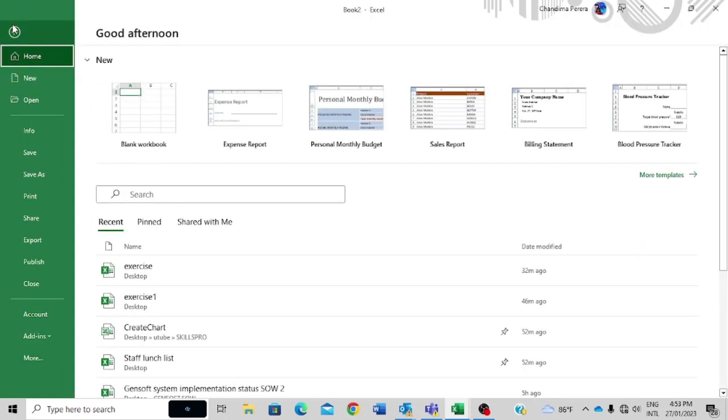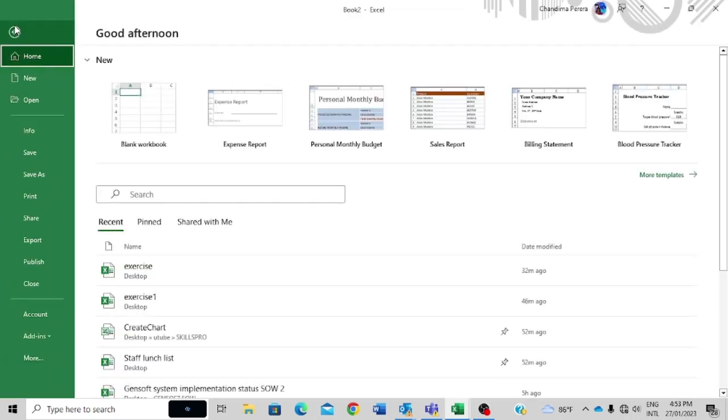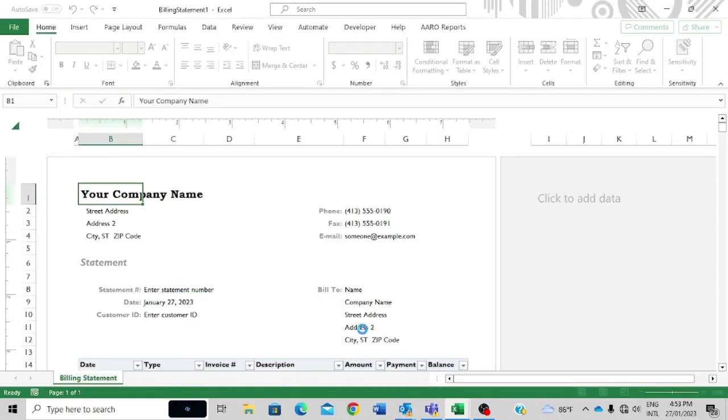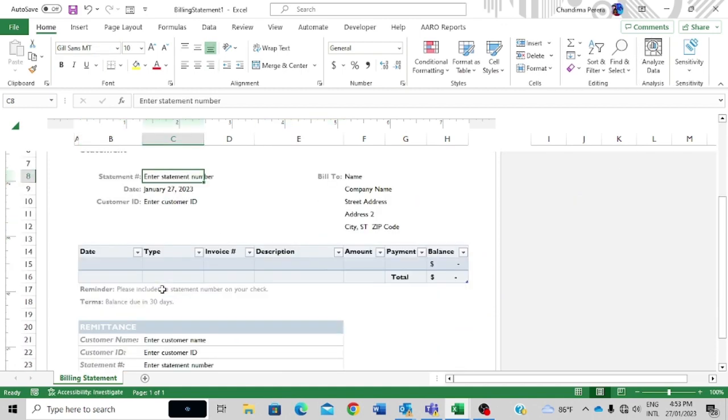Right now, in the backstage view, you can see under the File menu, when you select the File menu, you are in the backstage view. There you can see a lot of sample reports. And when you select More Templates, there you can see a lot of other online templates. You can just click and see how these templates are in place. Now there you can see